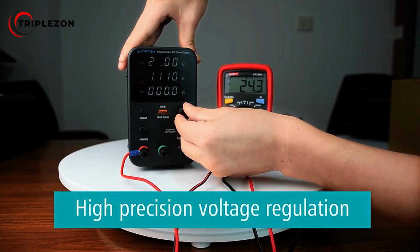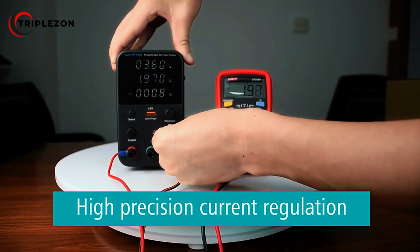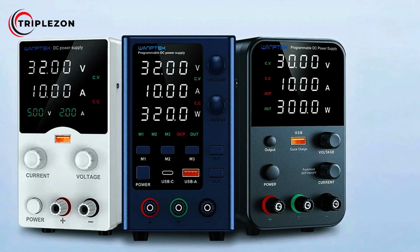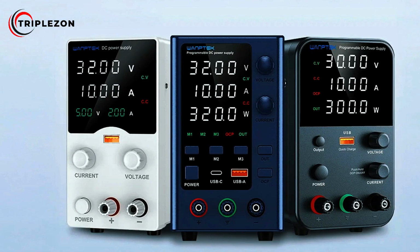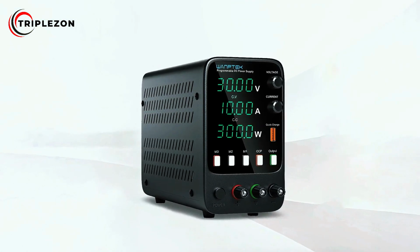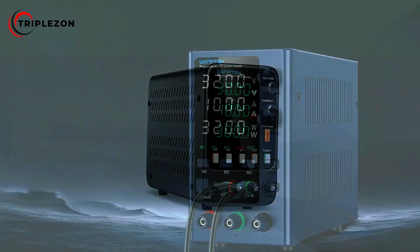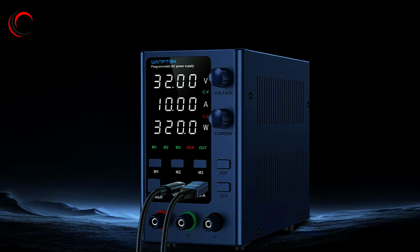To streamline repetitive tasks, the WPS3010H features 3 memory storage keys M1, M2, and M3. These allow users to save and instantly recall commonly used voltage and current combinations, eliminating the need for constant manual readjustment. Another standout feature is the dedicated output button, enabling users to modify voltage and current settings while the output